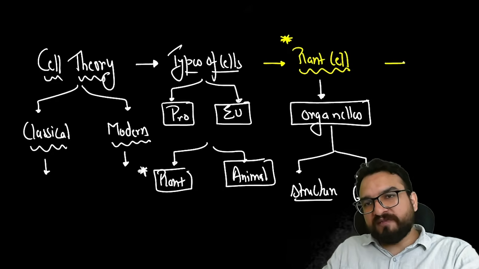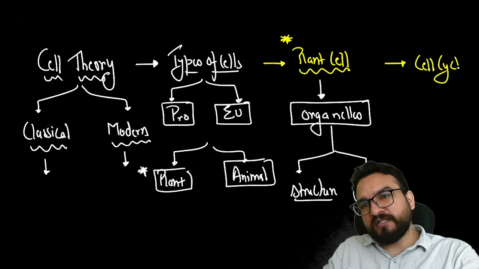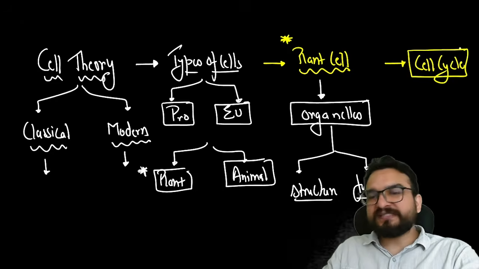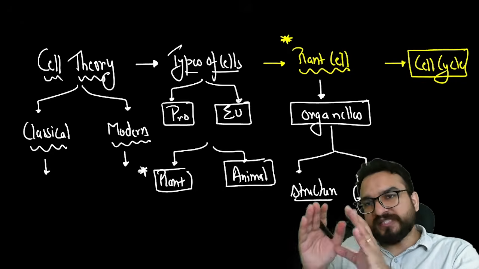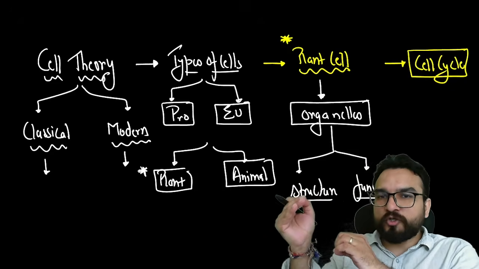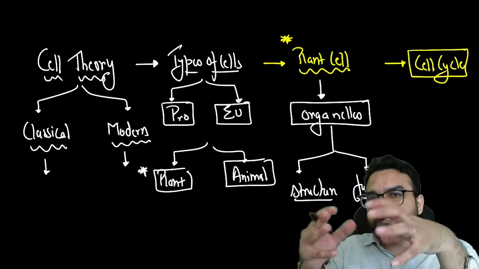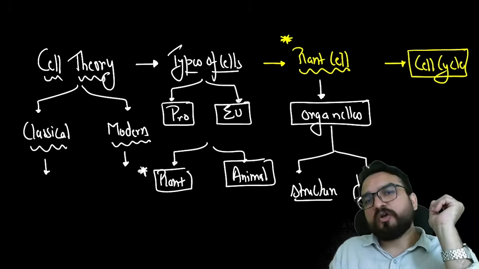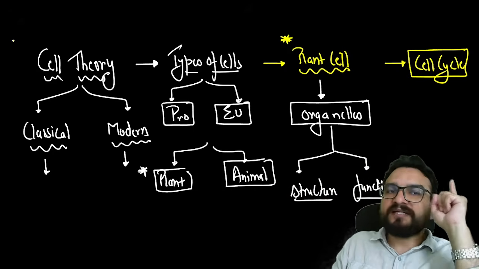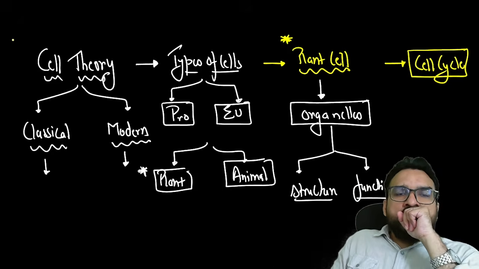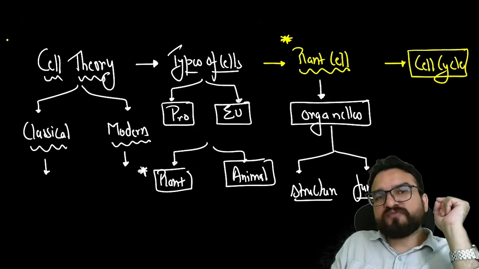This will be our objective, and then we will understand, not in this particular class, but connected over here, the cell cycle. To understand the cell cycle, there are a lot of things you need first. So we will understand the cell cycle at the right point of time. Understanding this whole plant cell will take us a lot of time, right? So our objective is huge in this class. We will be learning cell theory, types of cell, plant cell.